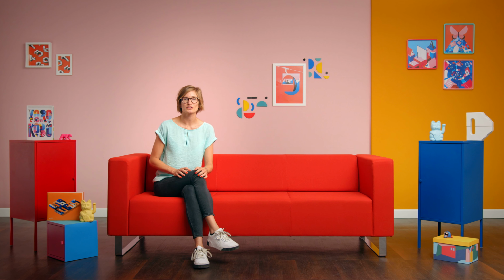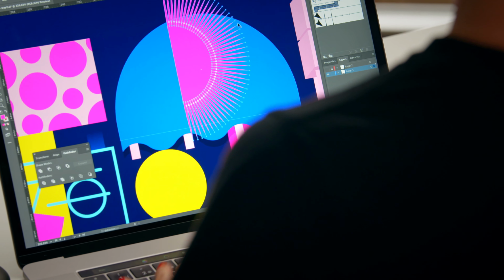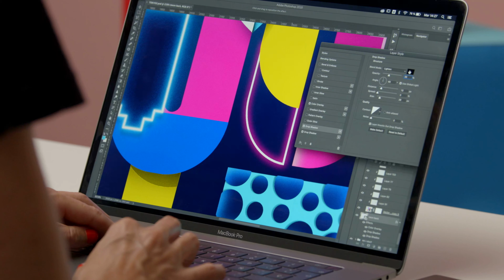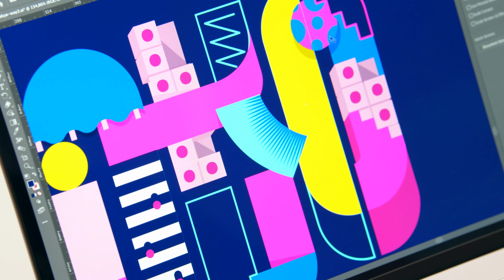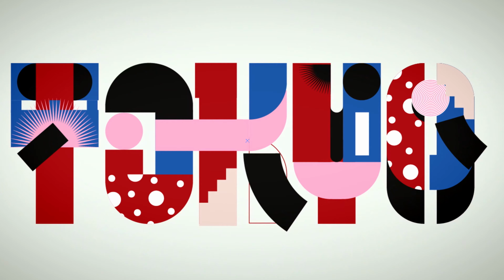In this Domestika course, you learn to illustrate through modular type in a simple but playful way. You will use images in order to add depth and meaning into letters. You will learn to enhance your creativity by adding volume to flat vector graphics. As your final project, you will create a type illustration with the city of your choice, using your own visual